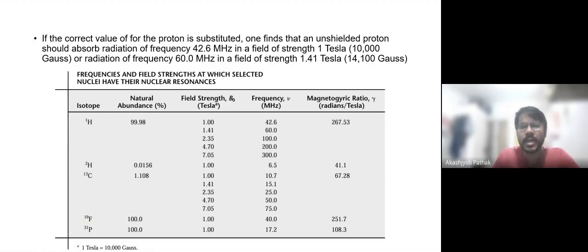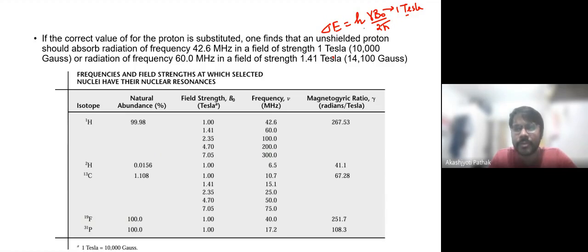So for a proton, we just derived the expression ΔE = hγB0/2π. If you plug in the values of the gyromagnetic ratio of the proton and the magnetic field, here 1 Tesla as the externally applied magnetic field,